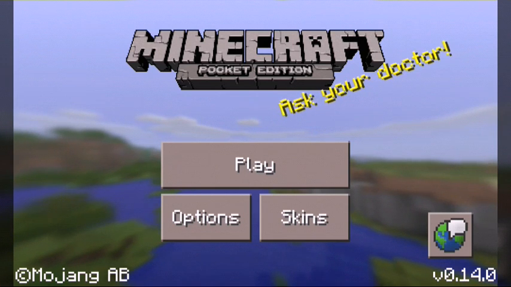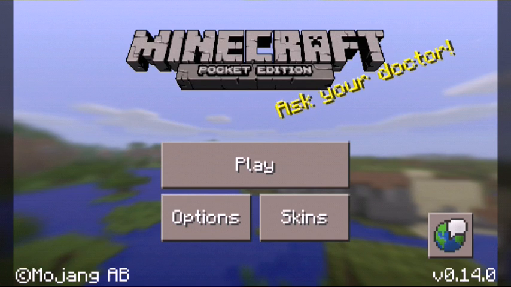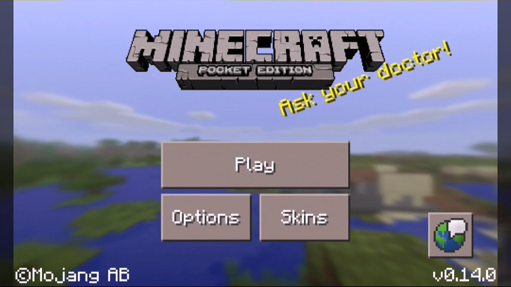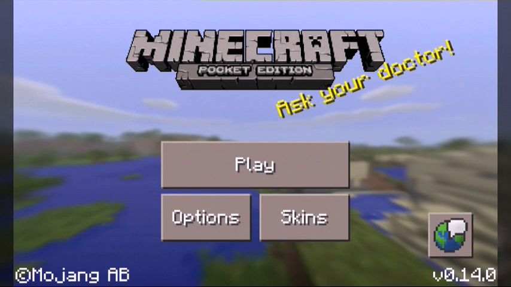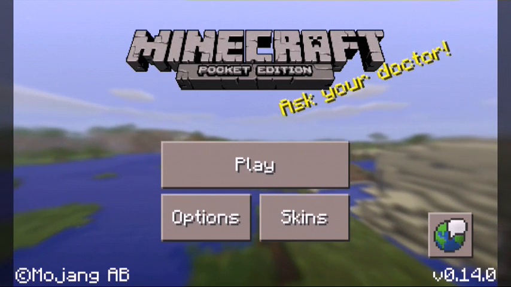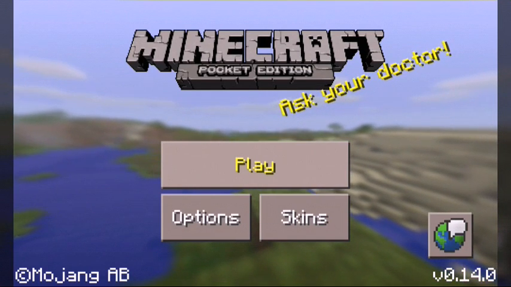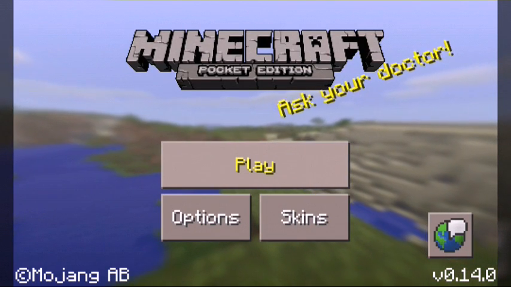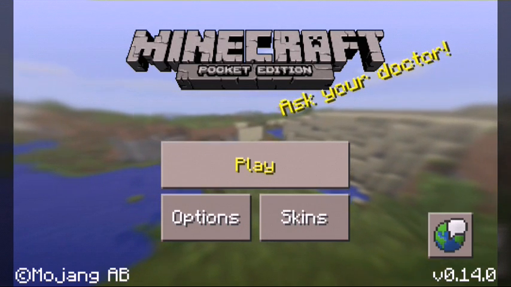So pretty much it's pretty cool. 0.14. I'm in the title screen because I don't know if you noticed. I might just be going crazy, but it's just my opinion. All the buttons look a lot more crisp, right? I don't know. I might just be going crazy. And also the 0.14 moved from the bottom left of the screen to the bottom right, which isn't that big